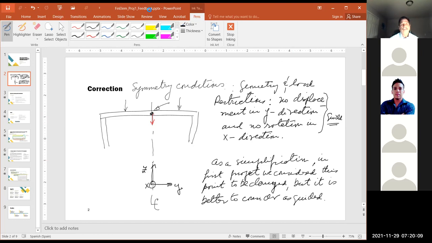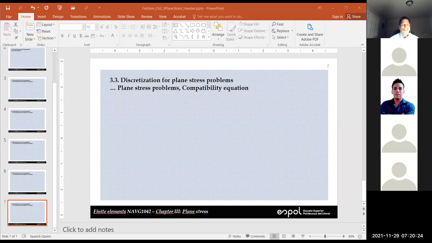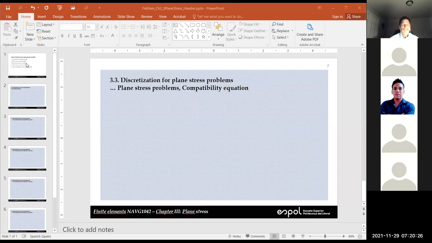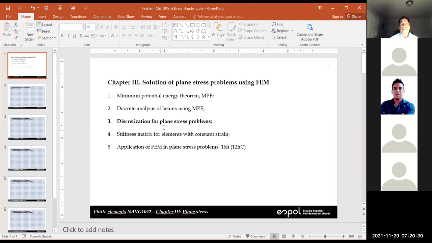Okay, so that's the first point. Let's go now to the second point of this class. So I'm going to share my other screen here. So this is the contents of this chapter. So far, we have covered points 1 and 2. So this is already